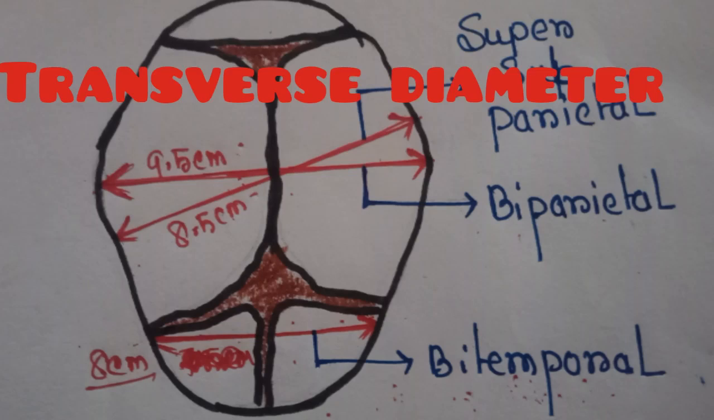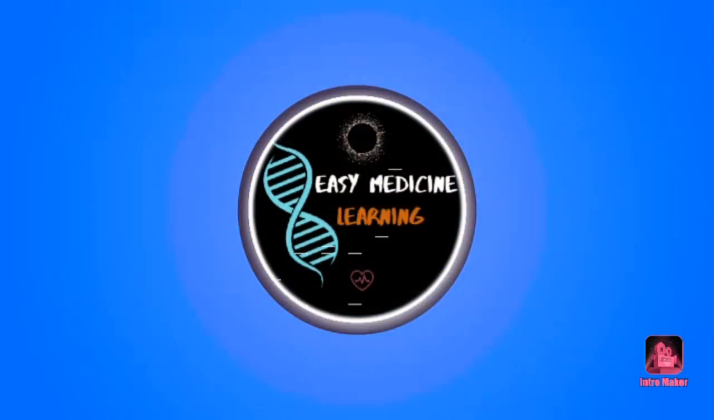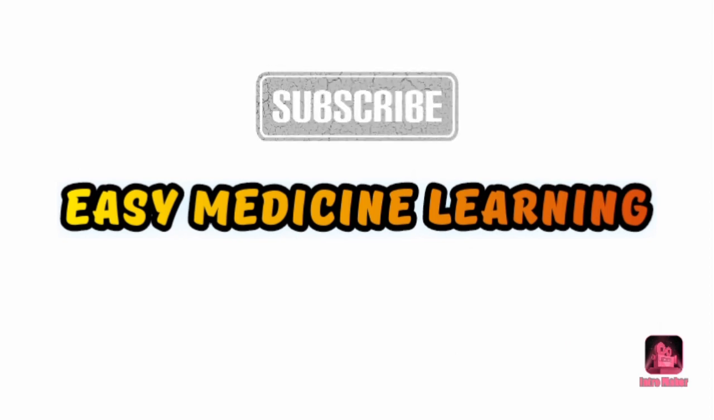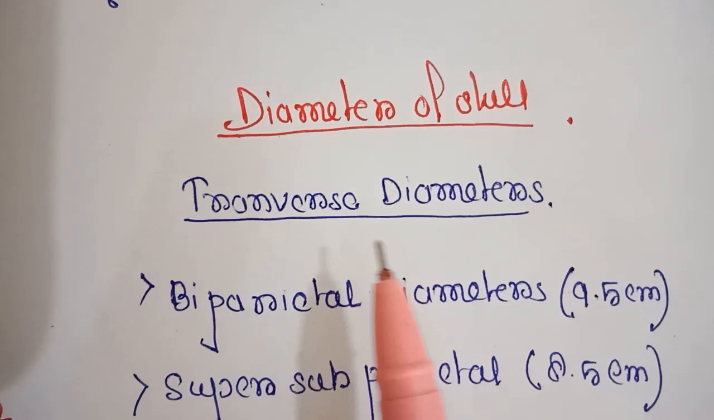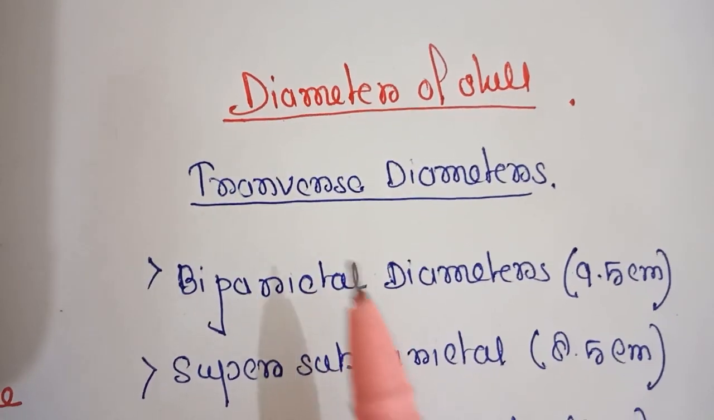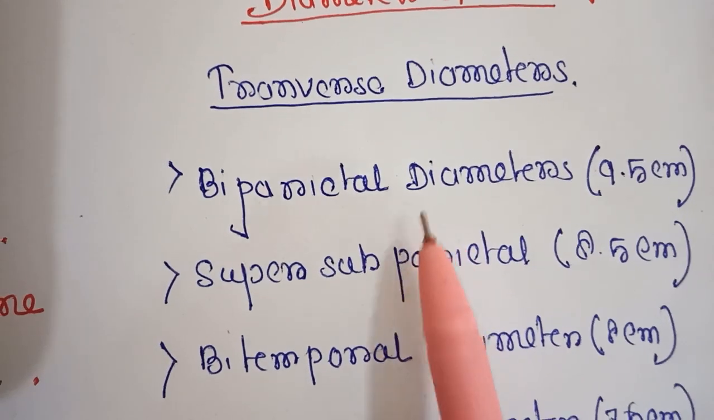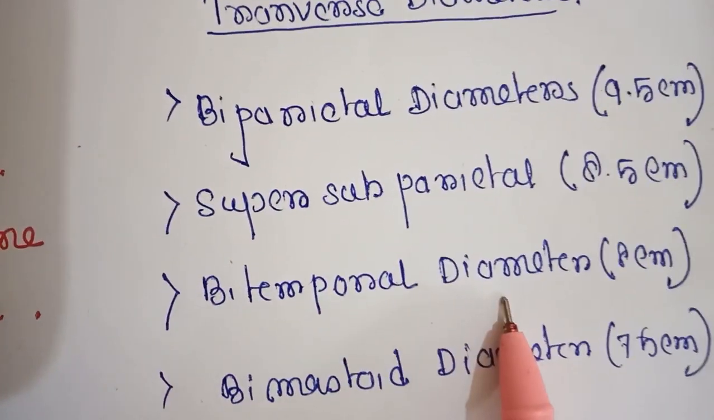Now I discuss the diameters of the skull. At first I discuss the transverse diameter. In the transverse diameter there are mainly 4 types of diameter: the biparietal diameter, the suboccipitobregmatic... the super subparietal diameter, the bitemporal diameter,